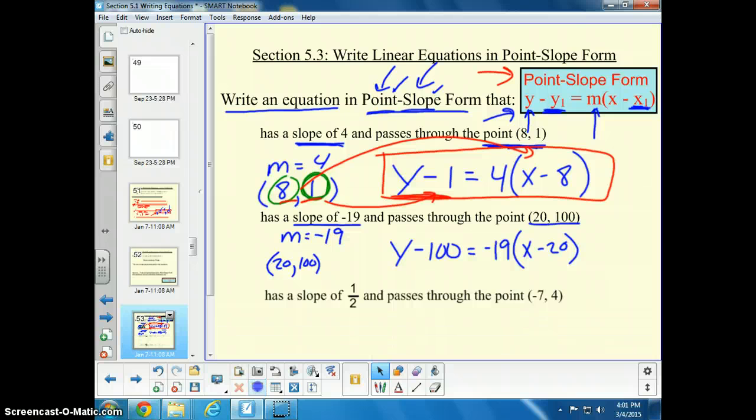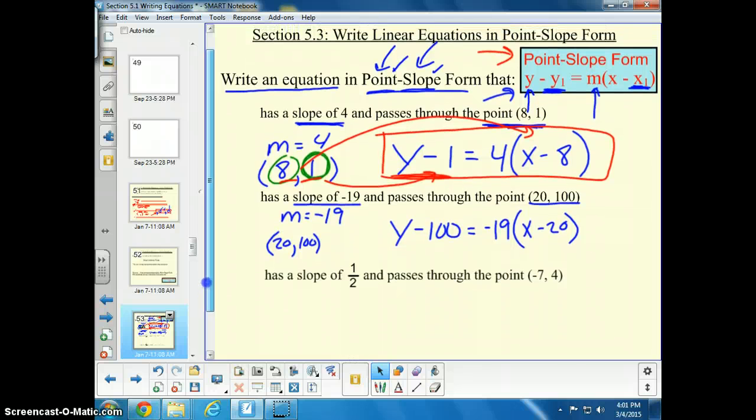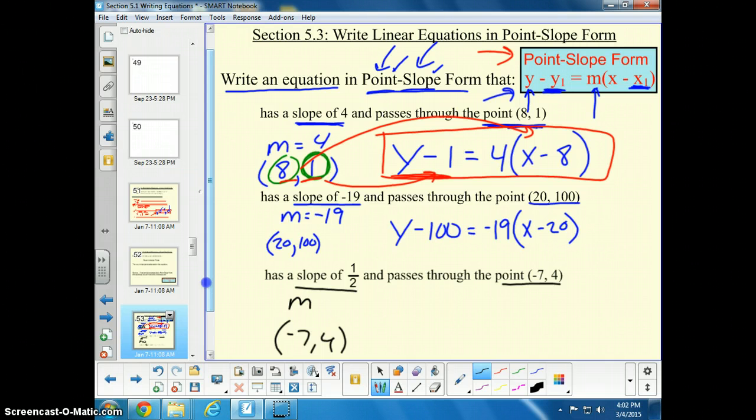Okay, looking at this next one. Same thing. It says it has a slope of 1/2, and we go through the point negative 7, 4. So again, picking out my ordered pair, negative 7, 4, and my slope is 1/2. If I start making this equation in point slope form, just like the ones above, I'm going to say y minus, well, my y coordinate is 4, and then equals, my slope is 1/2, and in my parentheses now,